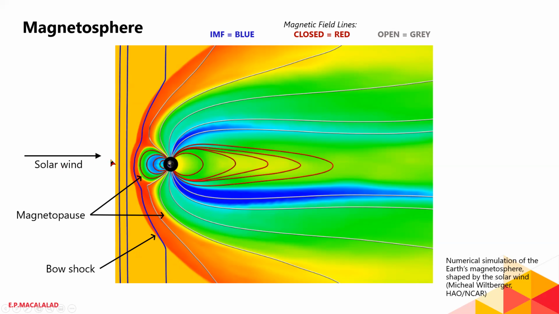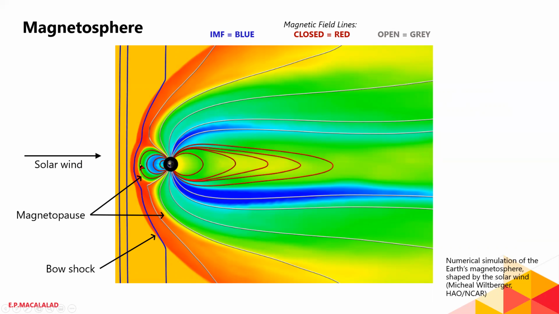by equating the solar wind pressure. You can actually see this in the book: you look at the solar wind pressure, and then you equate that to the magnetic pressure exerted by the Earth's magnetic field. So this magnetopause on the day side is actually the equilibrium point wherein the pressure coming from the solar wind is canceled by the magnetic pressure.